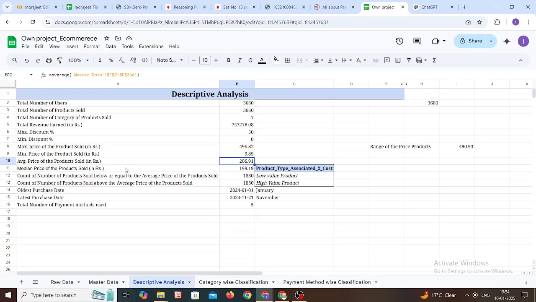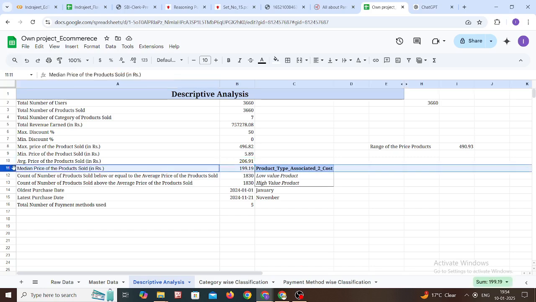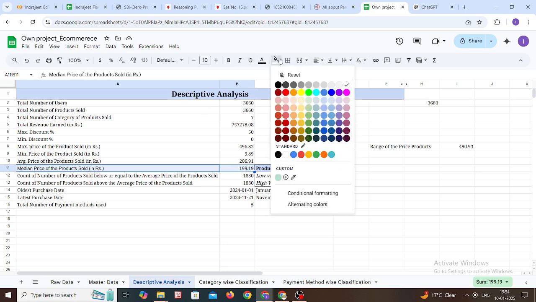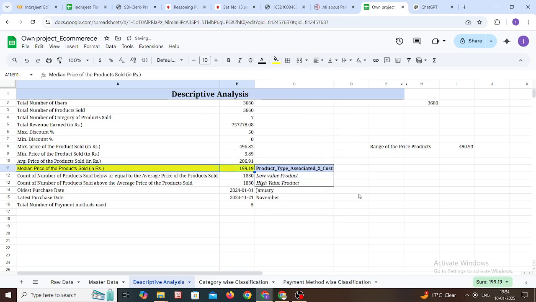Next, median price of the product sold. Now I have used this column. I would just highlight this column. Why am I using this? This is pretty much essential. Now see,